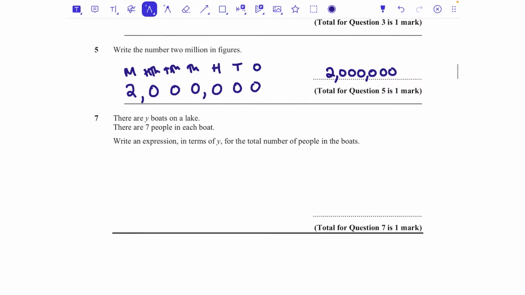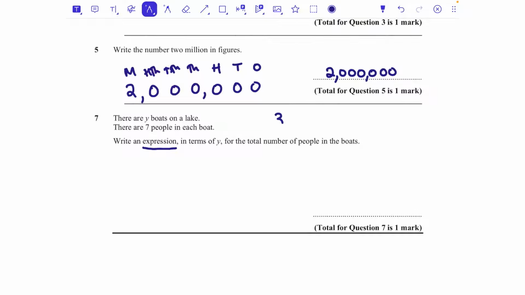You can put the commas in if you find it helpful just to space every 3, but you don't have to. Question number 7, there are Y boats on a lake. There are 7 people on each boat. Write an expression in terms of Y for the total number of people in the boats. So an expression, it just means algebra, okay? It's just some algebraic stuff. It might be adding, might be subtracting. In this case, if there are Y boats on the lake and there are 7 people in each boat, they just want to know how many people is that